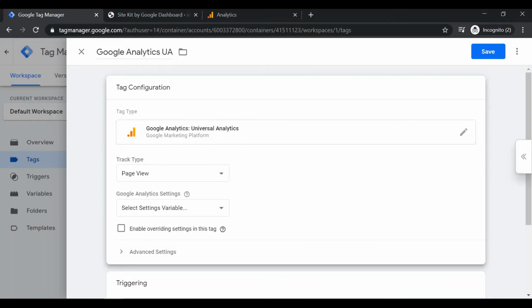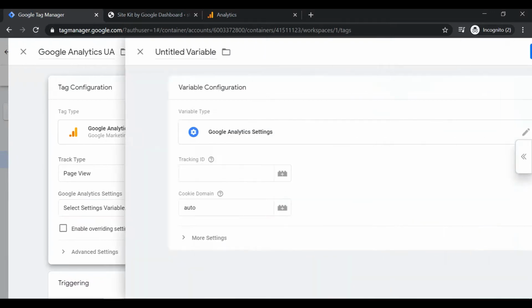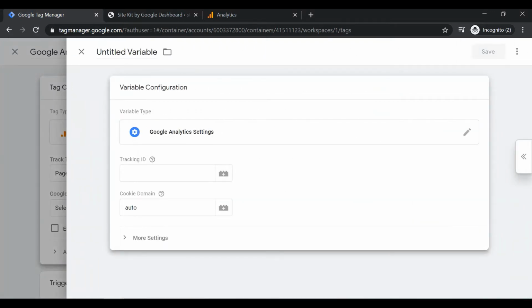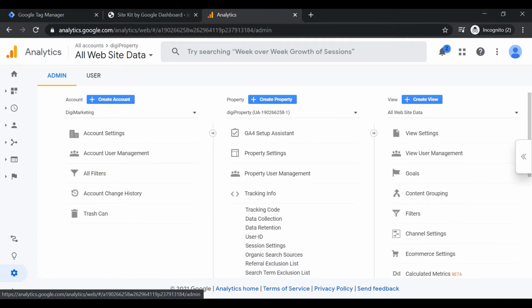We are going to leave Page View as the track type for the tag. And select the option to create a new variable using the drop down under Google Analytics settings. Let's name the variable. Now we need to head back to Google Analytics for the tracking ID. Select Admin. Select Universal Analytics property.